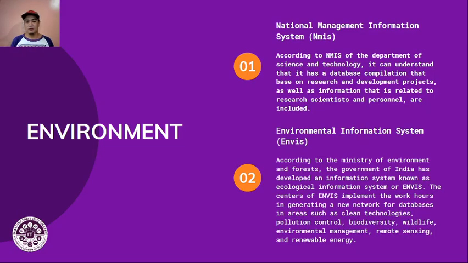According to the Ministry of Environment and Forests, the government of India has developed an information system known as the Environmental Information System, or ENVIS. Now, the centers of ENVIS implement the work and generate a new network for databases in areas such as clean technologies, pollution control, biodiversity, wildlife, environmental management, remote sensing, and renewable energy. You might not think of these things as of now. You might also think that this actually doesn't really matter at all. But have you ever thought why